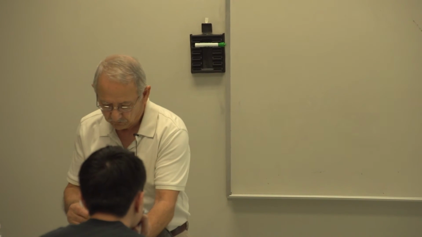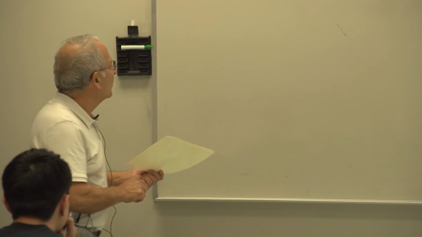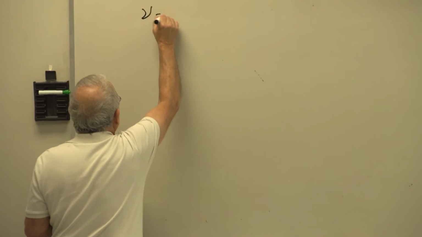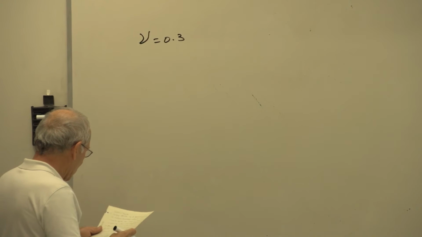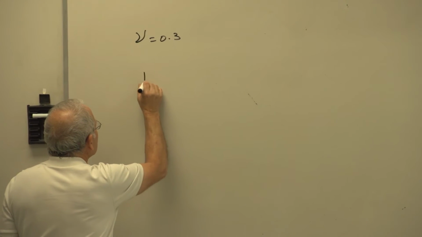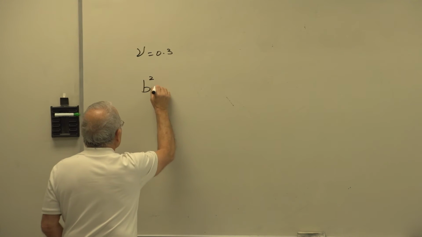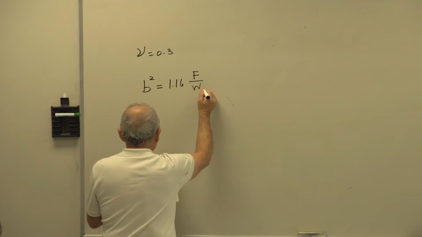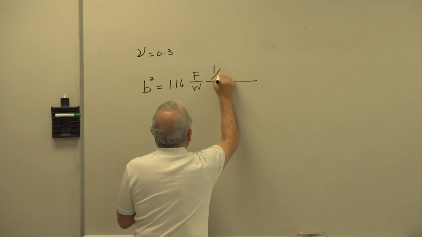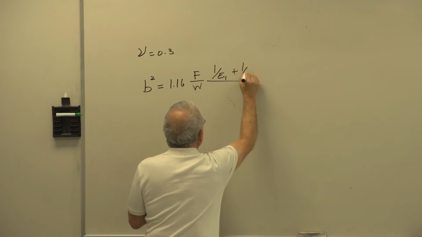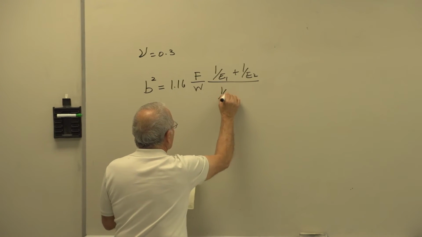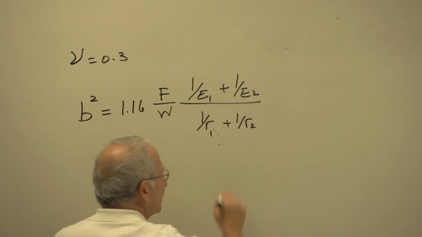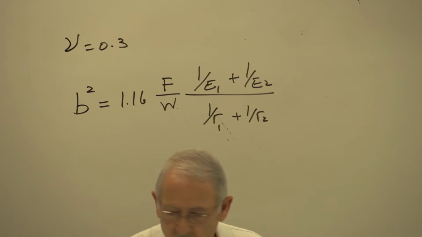We write, and all of this, everything that I'm about to say, is for nu equal to 0.3. We write the half width of the contact patch, B squared, equal to 1.16 F over W times (1 over E1 plus 1 over E2) divided by (1 over R1 plus 1 over R2). This is the same equation we had